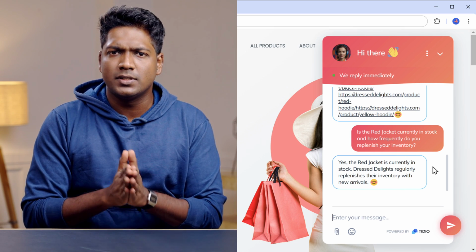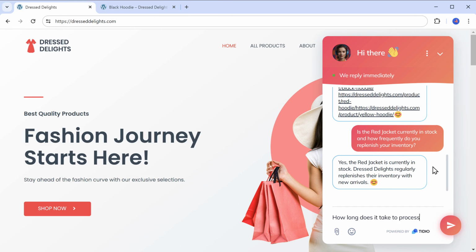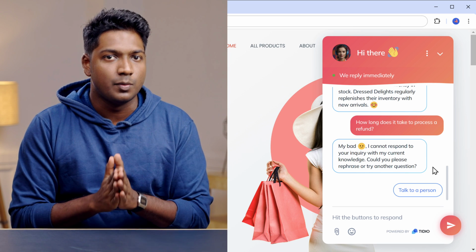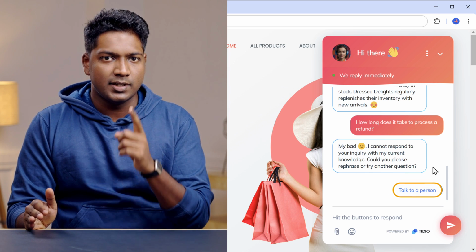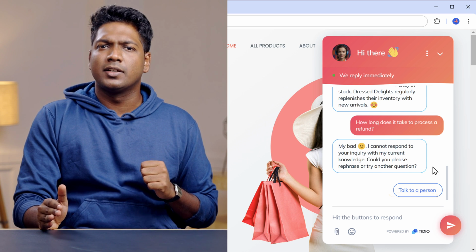Okay, now let's say a visitor asks a question and the chatbot is not able to answer. This can happen sometimes when the chatbot doesn't have enough information. So when the chatbot is not able to answer, it'll give an option to the visitor like this, where they can chat with the real person. So let's say a visitor clicks on this